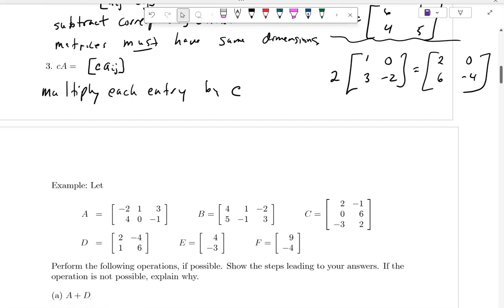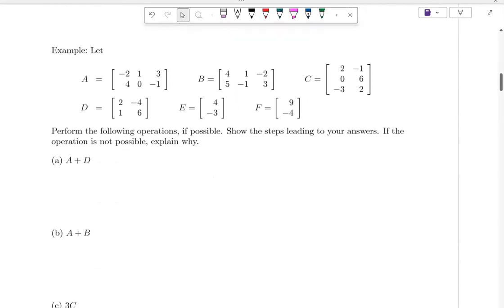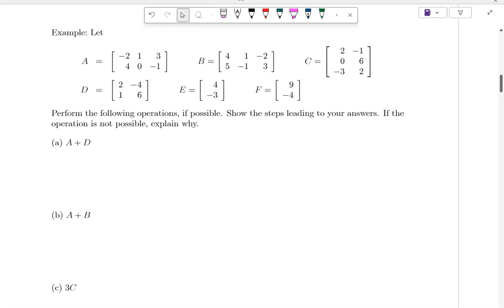All right. So let's look at a quick example here in the next few minutes, and then we'll do more of these next time. The first problem says to add A to D. What do you think? Not possible. Why not? The matrices are different sizes. Yeah, they're not the same size, right? So this one's not possible